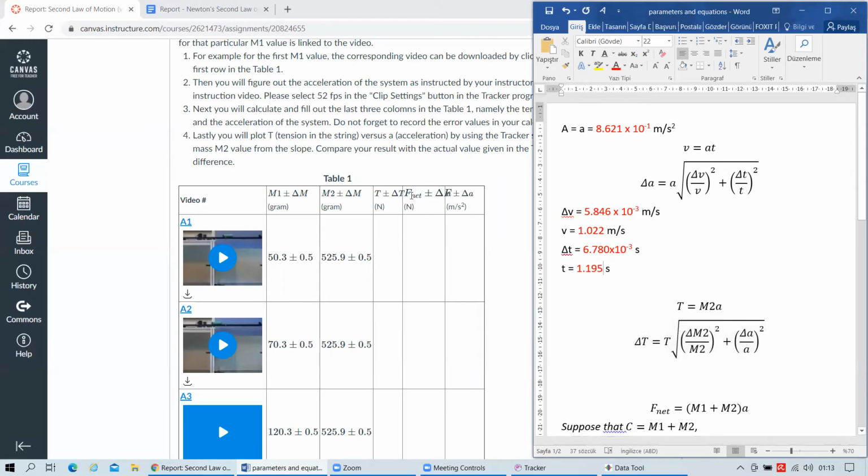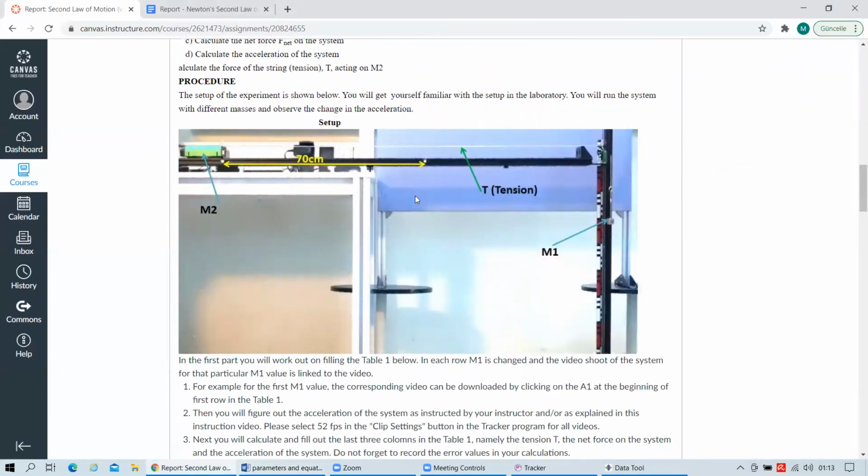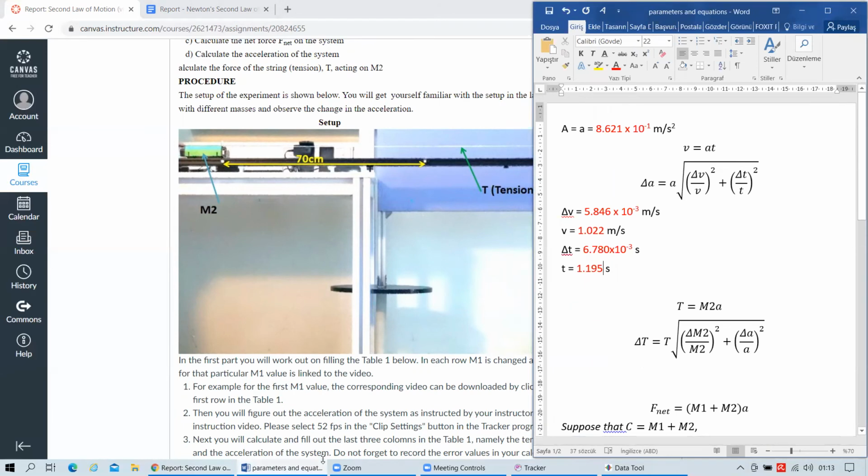So what about Fnet? Fnet is the weight of the hanging mass, because the gravity on this hanging mass is the force that moves all the system. And we know that Fnet is just equal to the sum of masses M1 plus M2, both hanging mass plus the cart mass, multiplied by A. So, you just calculate this from the calculated value of A over here, put this value over here, and you know what the masses are from